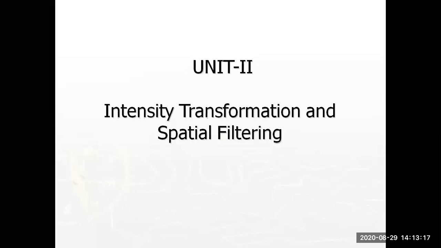So, intensity transformation and spatial filtering. The name itself indicates: intensity means magnitude or amplitude. Of course, intensity means our magnitude or amplitude of a dot or pixel. So how are we transforming the intensity of a pixel, or intensity of a dot of our digital image, from the original image to the transformed image? After that, how are we filtering in the spatial domain?